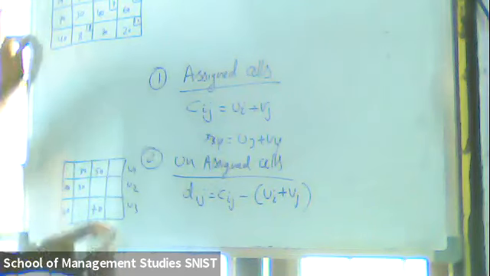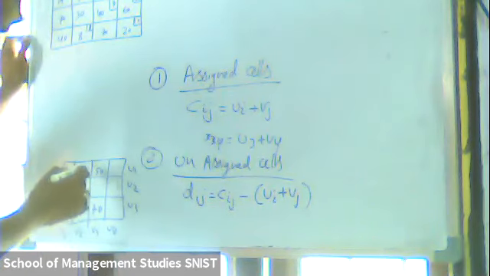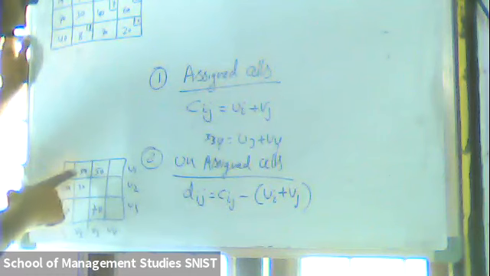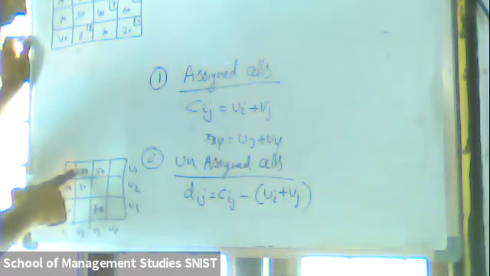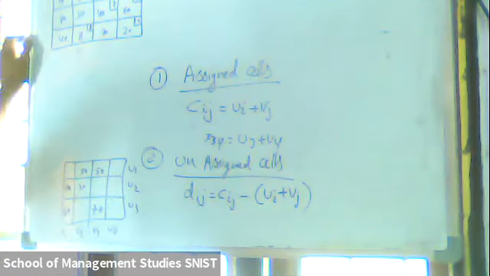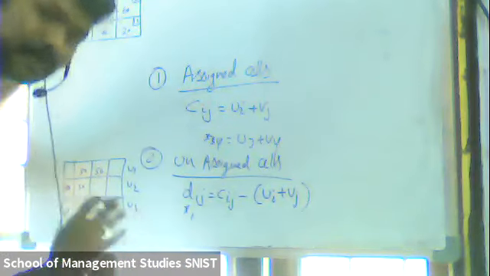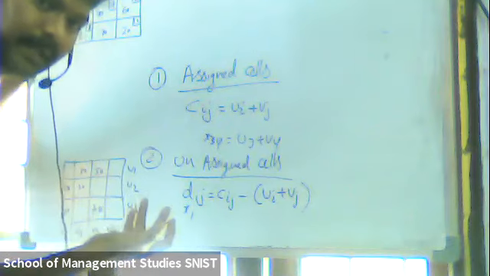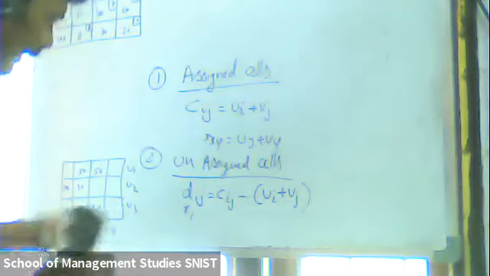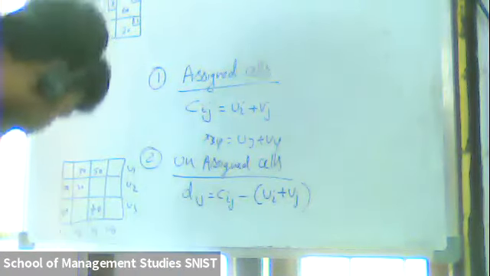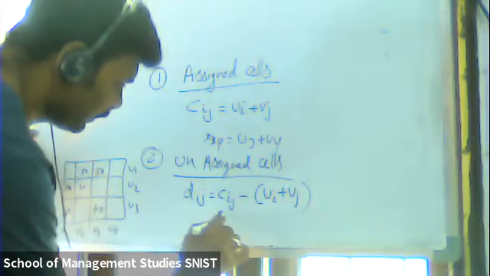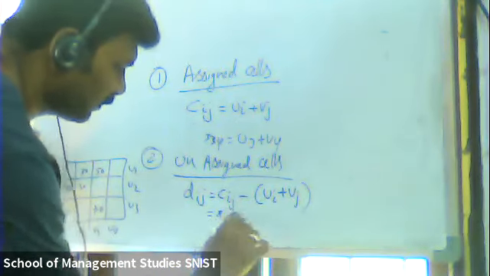Now, directly, I am calculating the first unassigned one, that is X12. So this is Dij for X12, or C12. Clear? So I am writing here the same, Cij for X12 minus